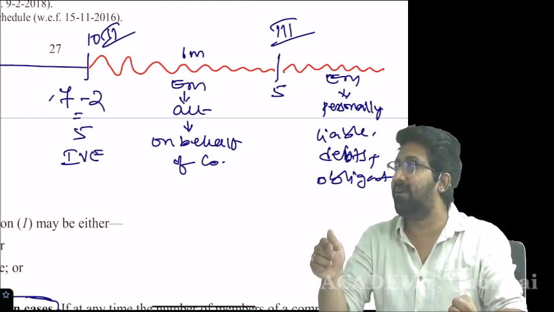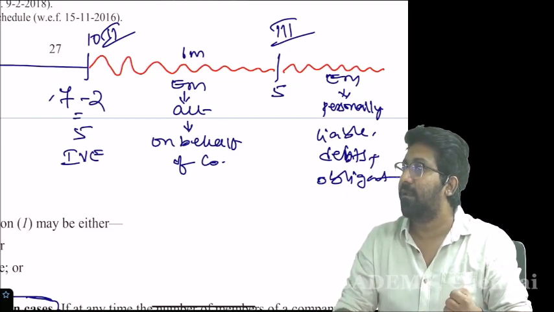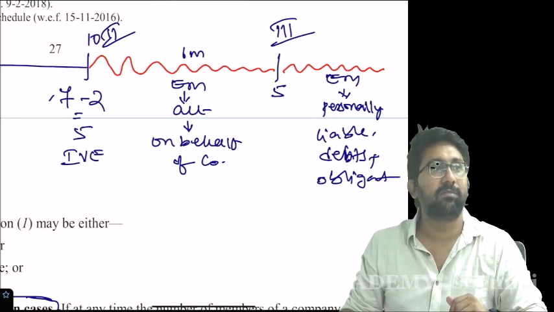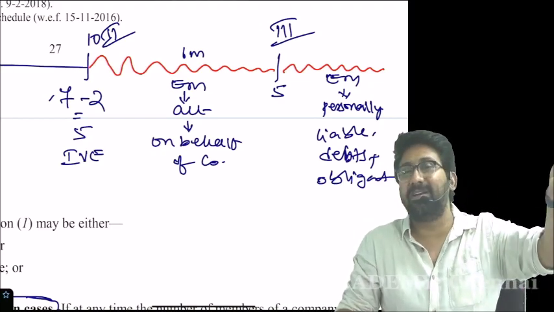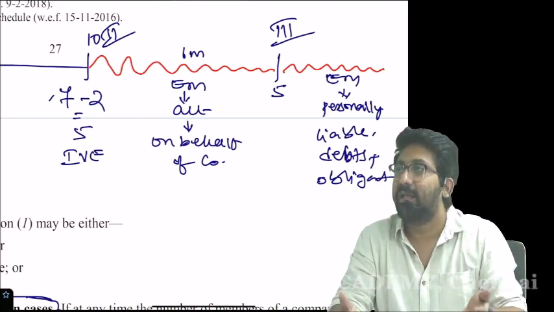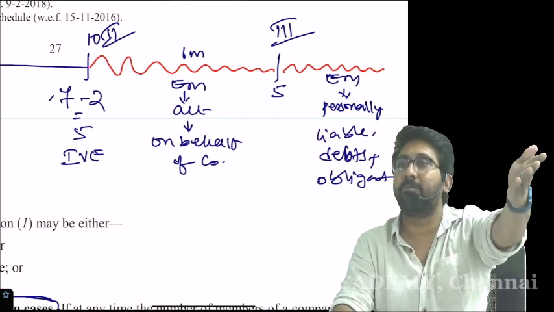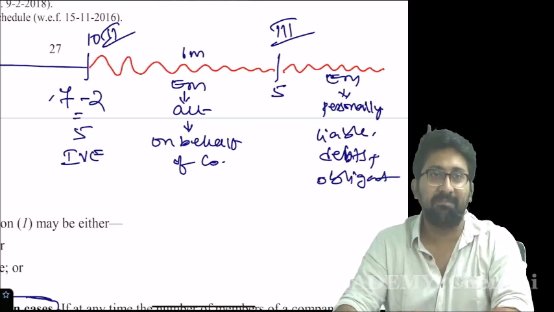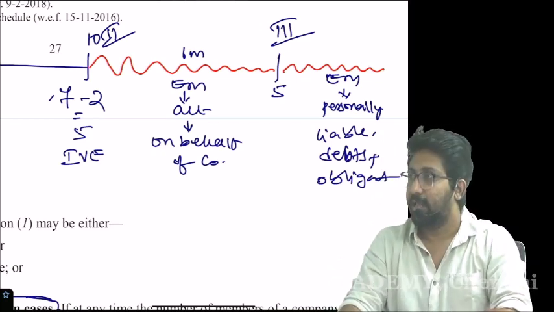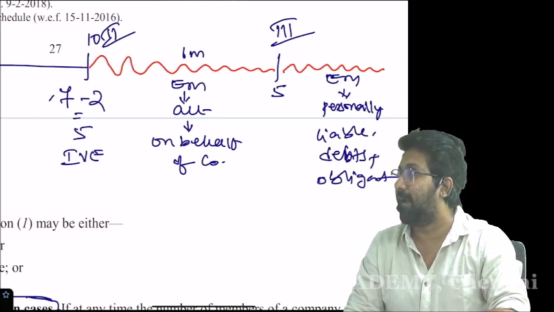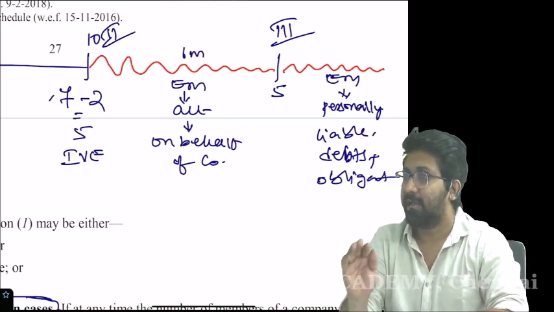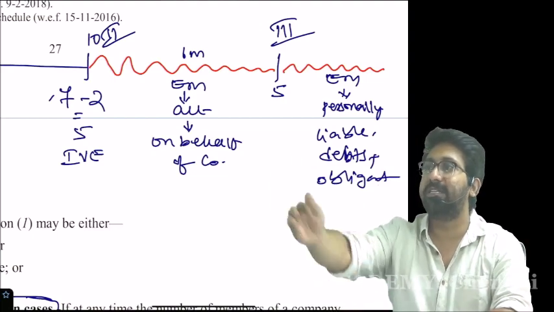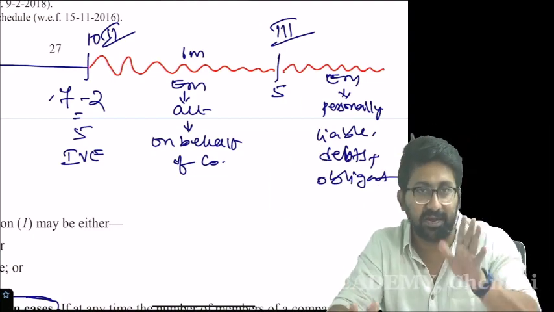In a partnership, will liability be limited or unlimited? Joint and several liability, partnership's liability. Is partnership a separate entity or not? Then it is a liability of the partnership, and of the partners jointly. The same thing will happen. Simply, in one word, I can tell it like this: the moment 6 months is completed, it will lose the status of a company and take the status of a partnership. Unlimited liability, several liability will get attracted. That's the idea behind the section.